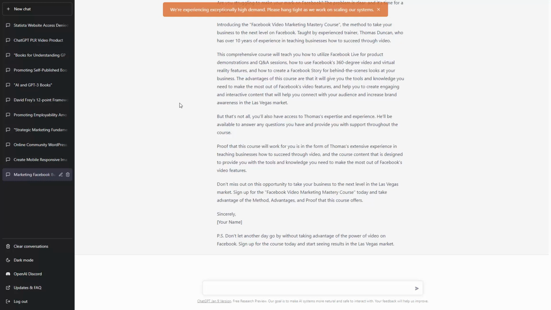Now, for some elements of a sales presentation, we're actually going to use other frameworks, and now that we have them listed in this conversation, we will then be able to use them. Now, we're not yet ready to start creating a final draft. So what we're going to do right now is move to the next step of adding in